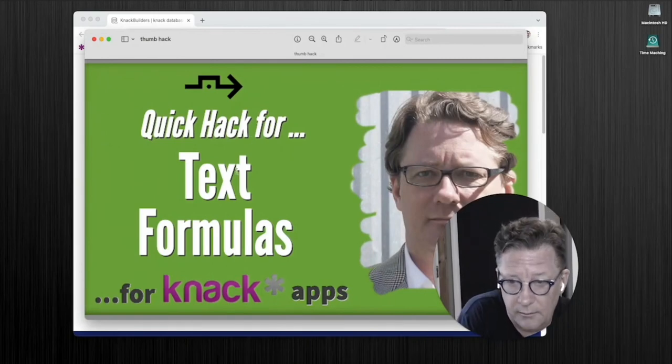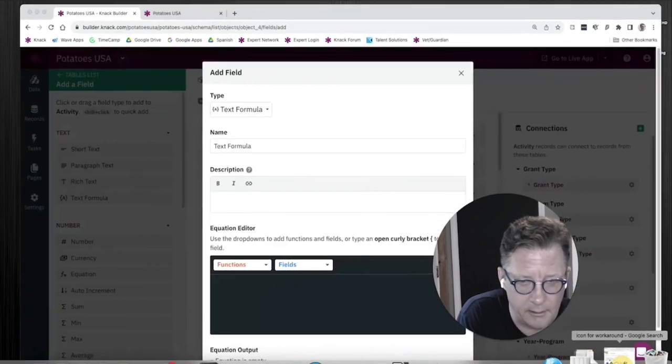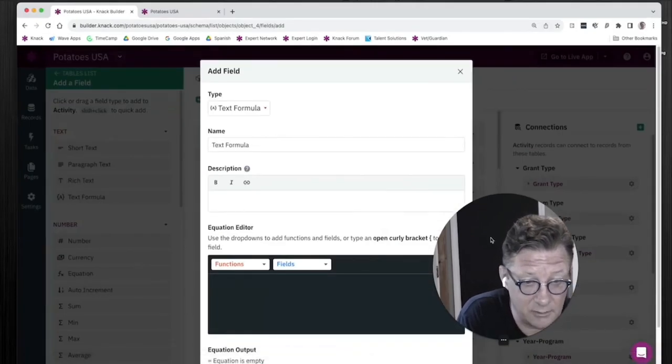Quick hack for text formulas. This isn't going to be a long video, but it's a trick I use that's real helpful. If you ever deal with text formulas, and I deal with them quite a bit,